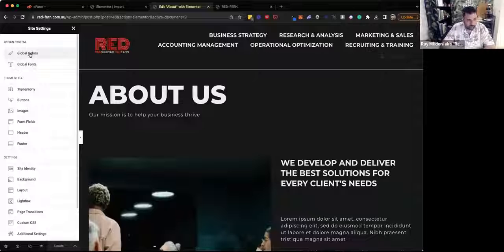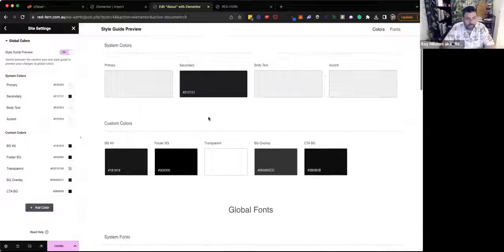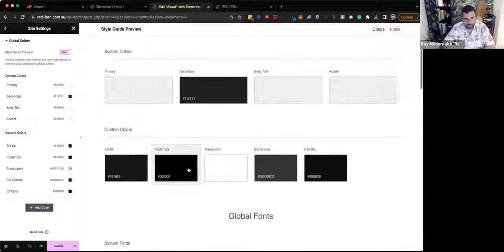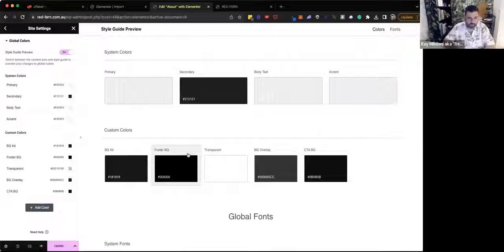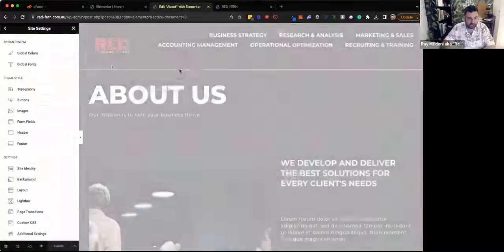So the reason why you want to do this is because if you set your global colors and then you use global colors when you're theming the website, if someone says to you, oh, I don't like that red, can we tone it down, or can we use a different background color, you can just come here and change it, and then all parts of your website will then use these global colors. And so when you're in a page editing,